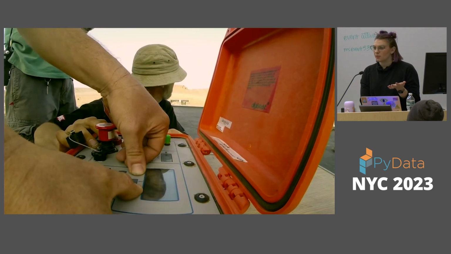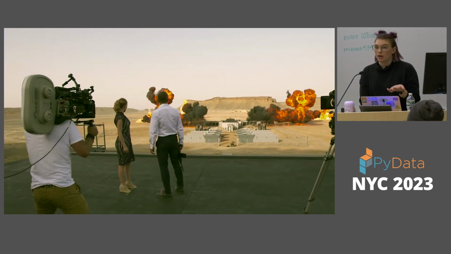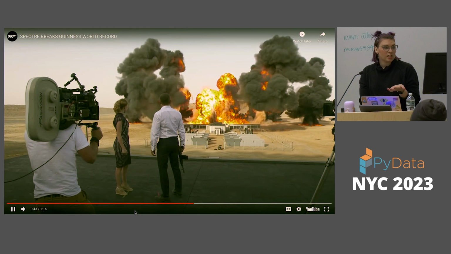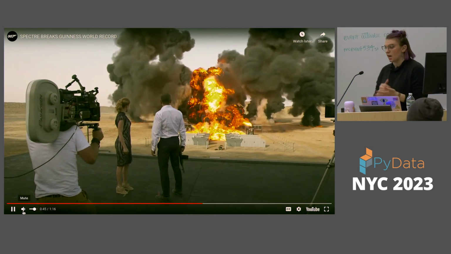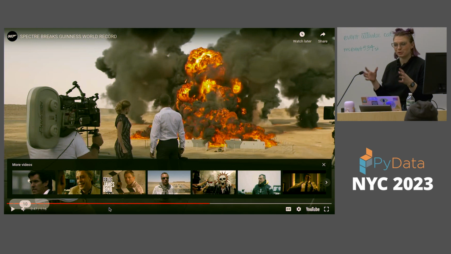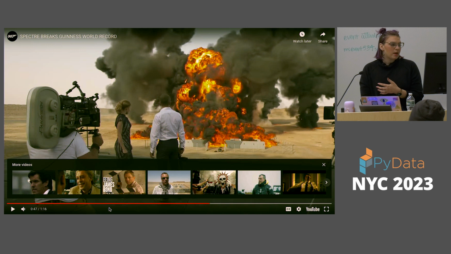So fun fact, if you couldn't tell, a bit of a James Bond nerd. So much so I named my dog after a character. This was a world record explosion that they had actually tested at scale multiple times before they did it. So it even started with little mini explosions in a shop. That wasn't their first time doing this. It would be really cool if it was, but a lot of work went behind it. It did break a world record. But more importantly, the thing that we can take away from this